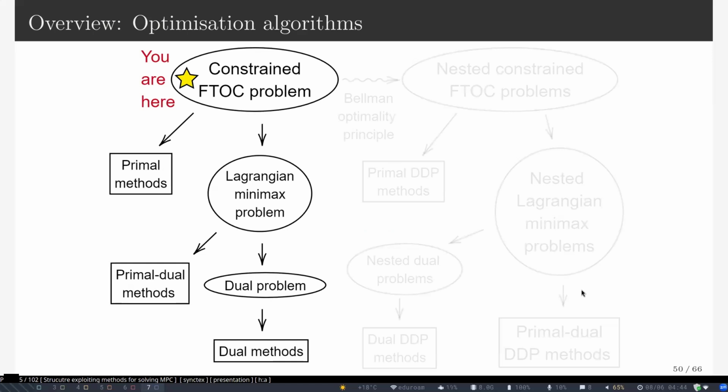Okay, now, where we are, we want to solve a finite time optimal control problem. Just looking at the structure that we saw, we can use purely primal methods. So think of them as projected gradient method. Now, how you can do the projection, it's a different story. Or you can form the Lagrangian and try to somehow solve the KKT system, either using a proximal method or a pure dual, which is a sub-differential method.